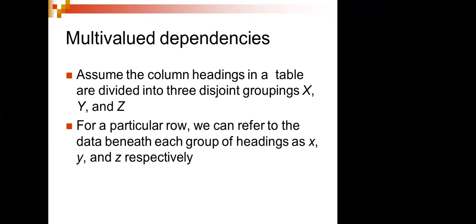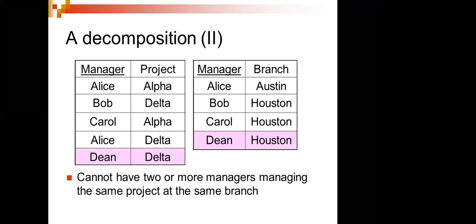We have something called multi-valued attributes. If you remember, there is something called one person having multiple values. That concept we call a multi-valued attribute. Here we have the problem that the branch column has Austin and Houston, these two branches, repeatedly coming. And if you see the projects, alpha and delta, delta is there again. So the managers are different, but the projects are the same. This is the problem we are facing.